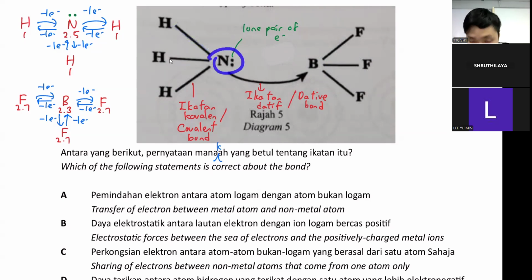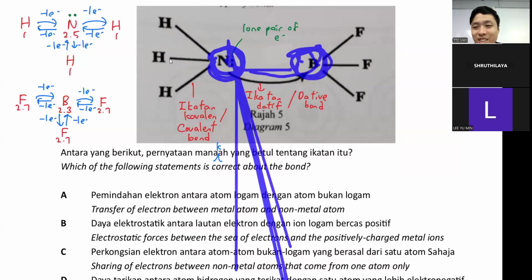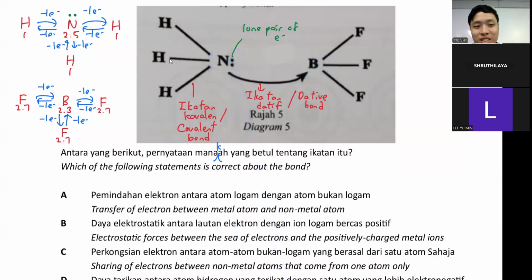But this one is like a boyfriend and girlfriend going out on a date. The boyfriend will pay everything. The girlfriend need not contribute anything. So in this case, this is called a dative bond. The shared electron pair only comes from one atom, which is